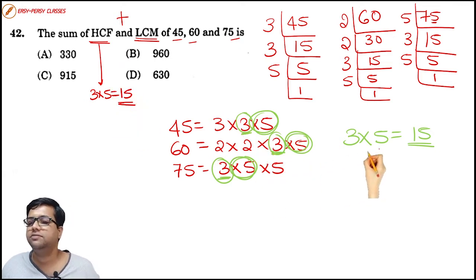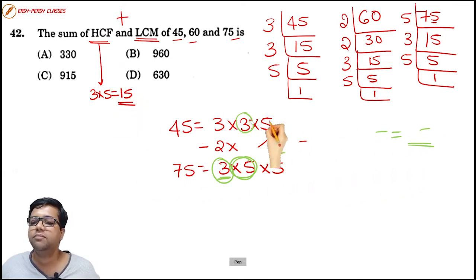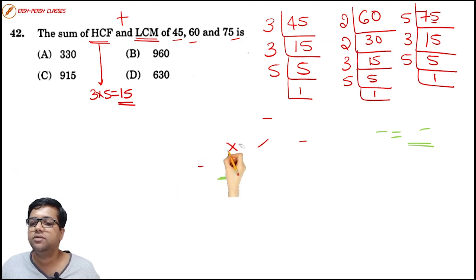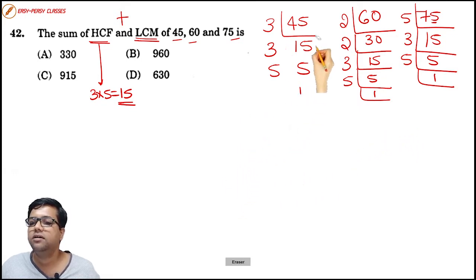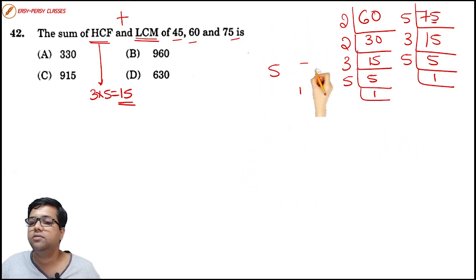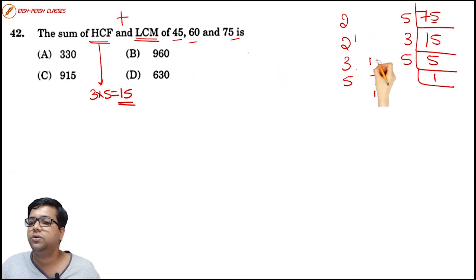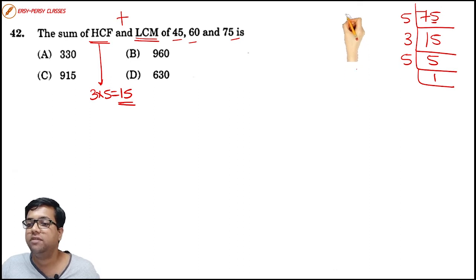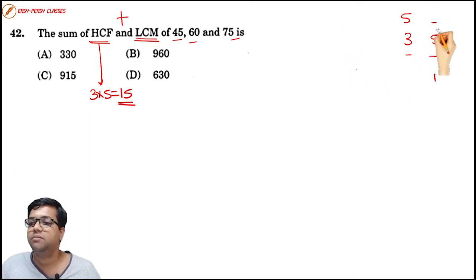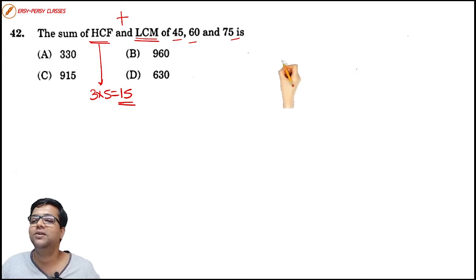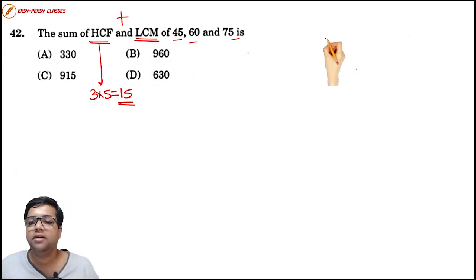15 is the HCF. Okay, now let us move to the LCM part. LCM is quite easy. That also includes the factorization method. For these kinds of questions, again I will repeat, you should know tables thoroughly, very well. Even if in your sleep somebody wakes you up and asks you about the tables, you should be able to answer them properly. Okay, so now let's go to the LCM part.